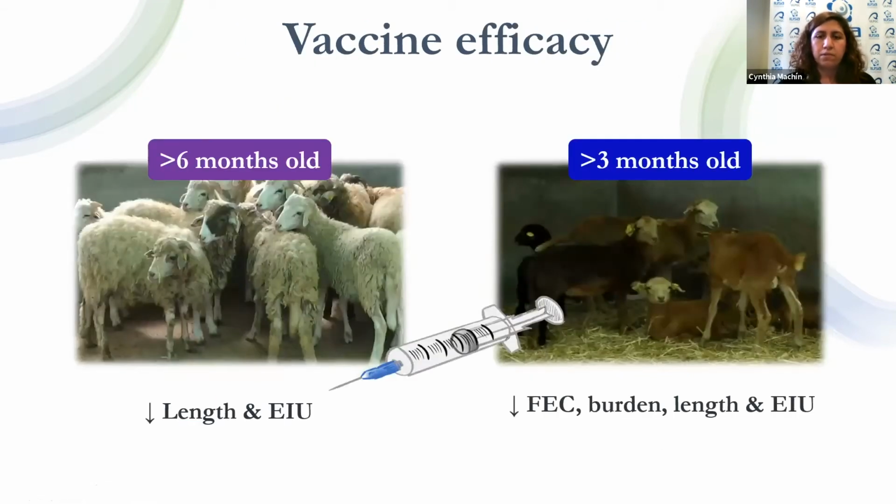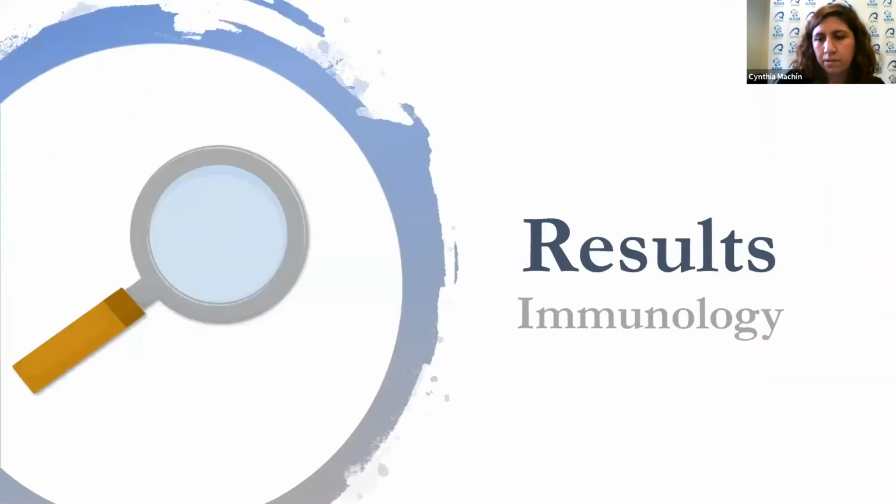So briefly, to summarize what I've said until now, the vaccine seemed to induce a protection in the susceptible breed and in the older animals, reducing length and eggs in utero. However, in the younger lambs, the vaccine seemed to be affecting the resistant breed, reducing several parasitological parameters. So all of these reductions